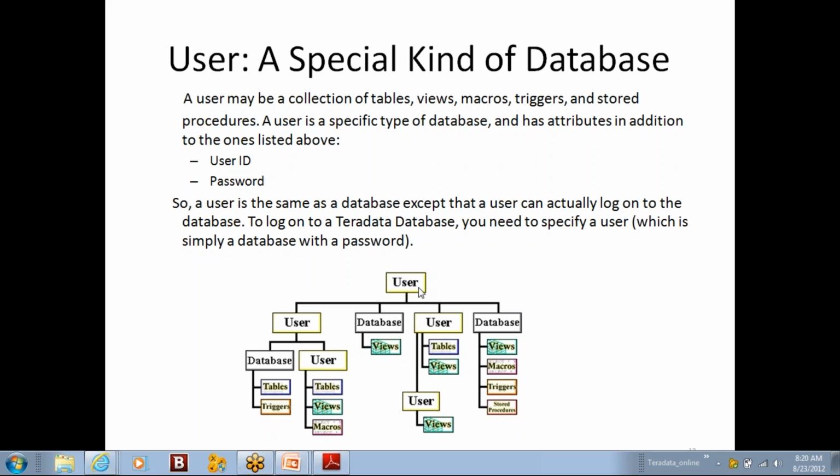And whenever we join a client system, okay, a client project, they will give us a password and user, right? So with that user ID only we will log into the system, and we will establish our session, and we will do all the operations which are supposed to be done on the existing databases or users. Okay, so user is a special kind of database which has a password also associated with it, and with which we can establish a session and can operate on the Teradata servers. And user can also have all the other objects as similar as a database.